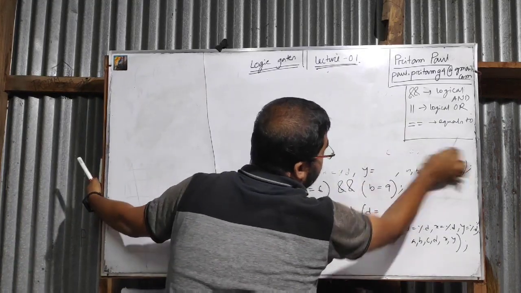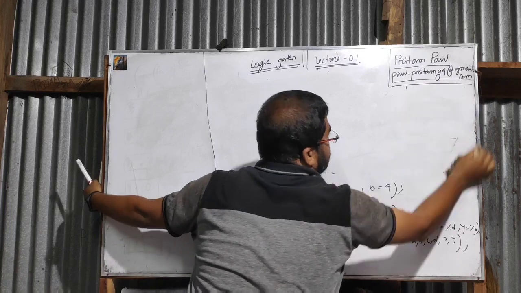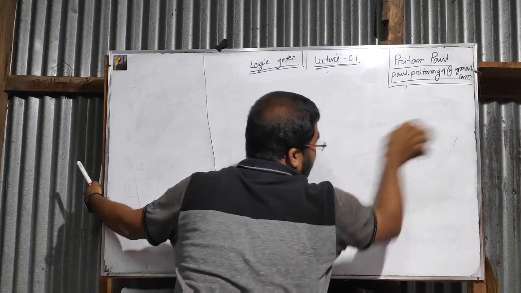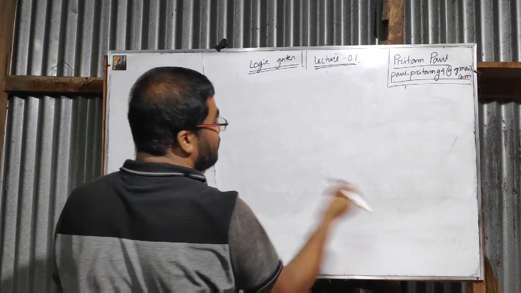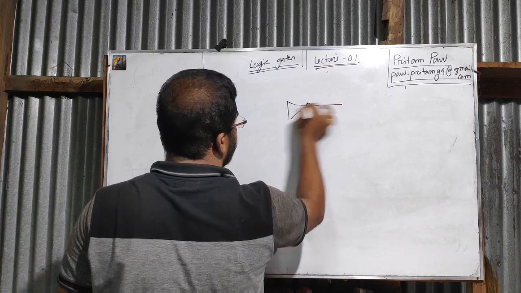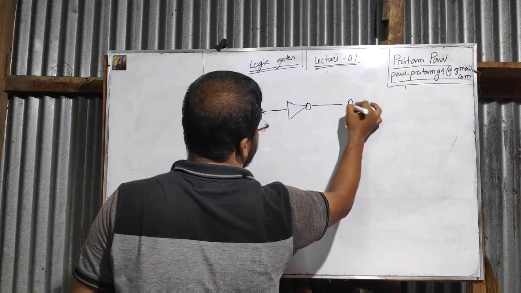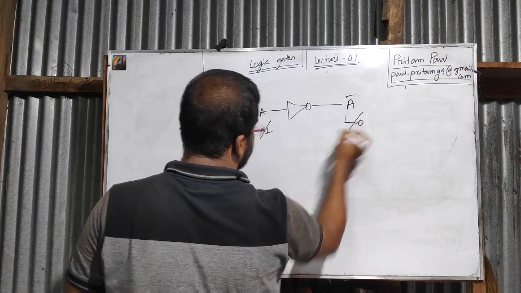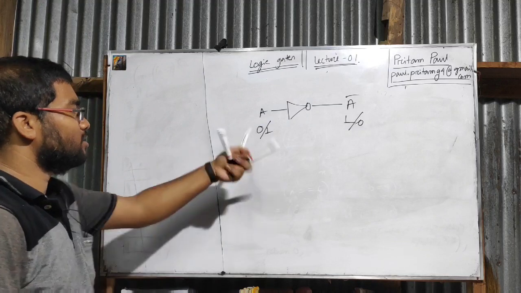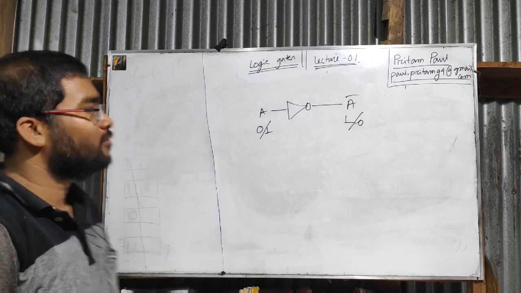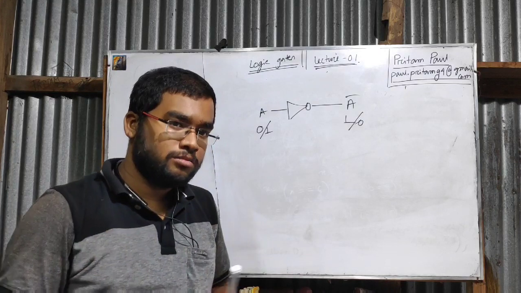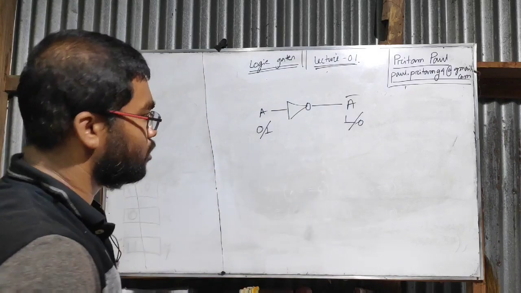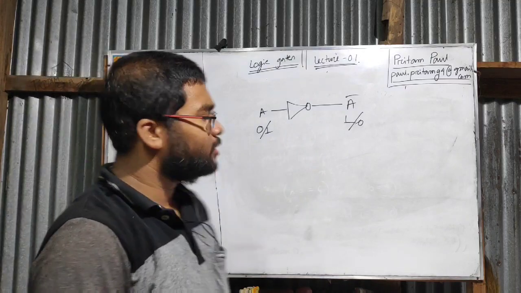Another one is NOT, which is logical NOT. Logical NOT, you all know about the NOT gate. That's why I am not going into any deeper section. You all know that this is the NOT gate, this is A and this is A bar. That means if A is 0, it is 1. If A is 1, this is 0. So there is nothing more to say about this. In the C programming lecture, when we talk about C programs, we might face some NOT logic there.